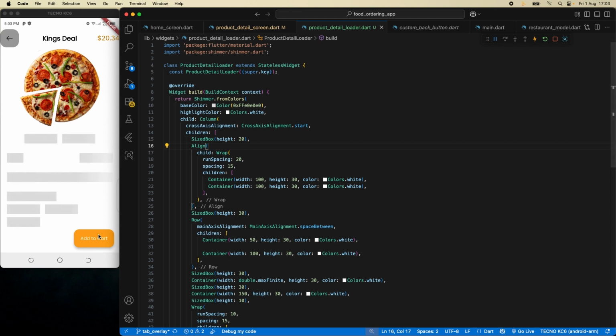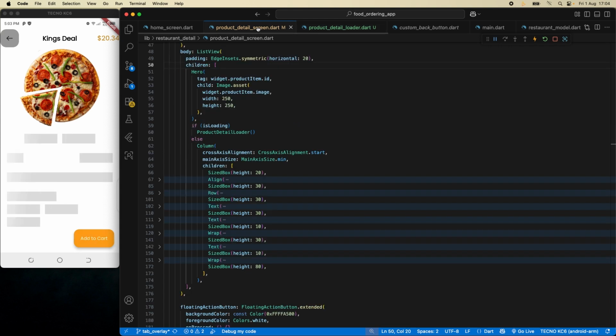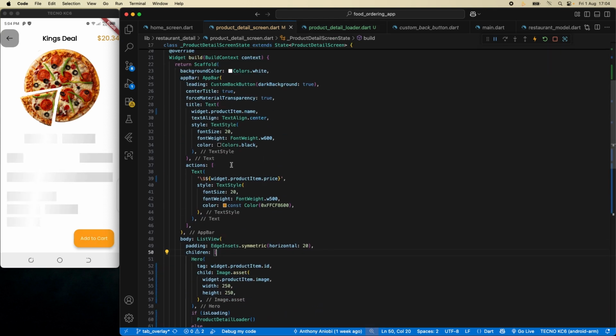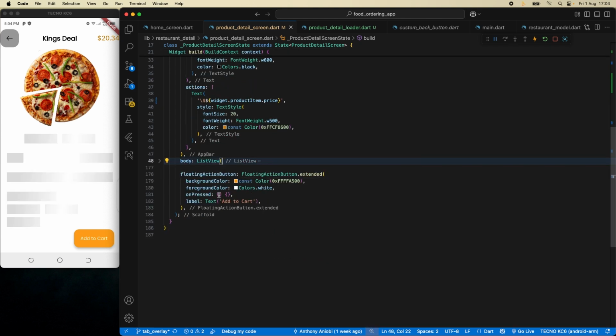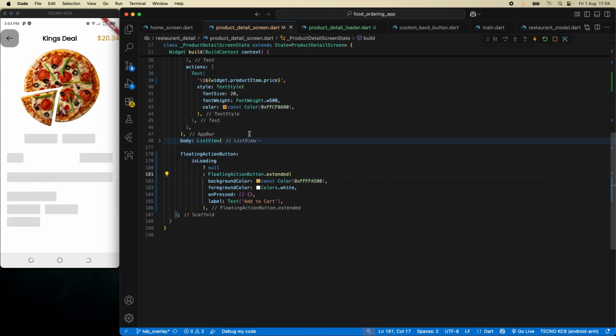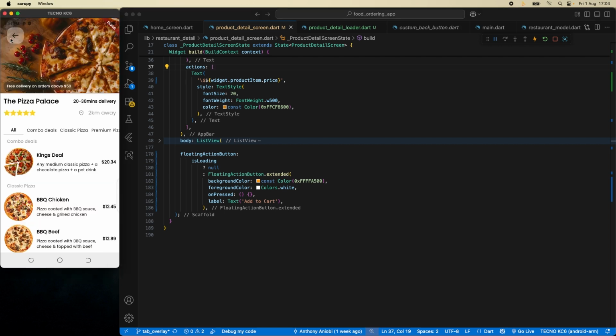And finally, let's remove this add to cart button. We don't want to allow the user to add anything to the cart while the page is loading. So we set the button to null. This removes it. Let's leave the product detail page for now and go to the order page